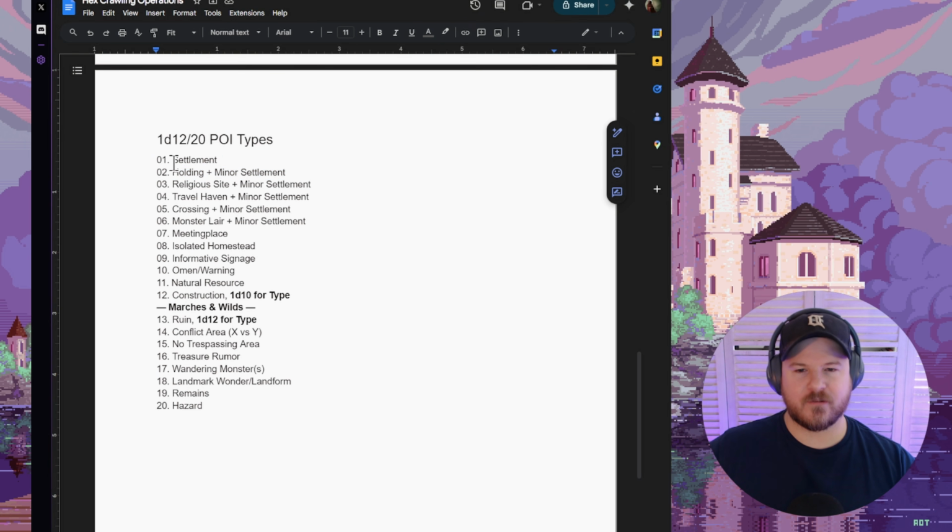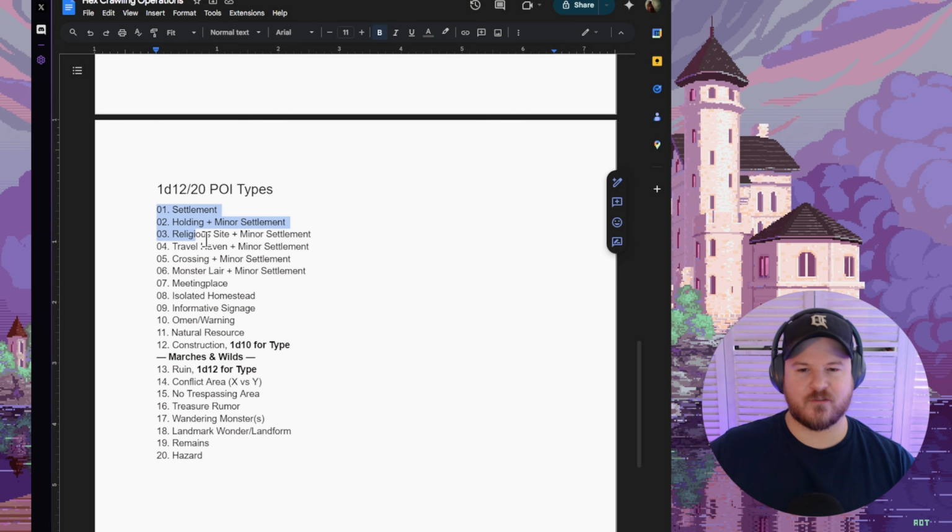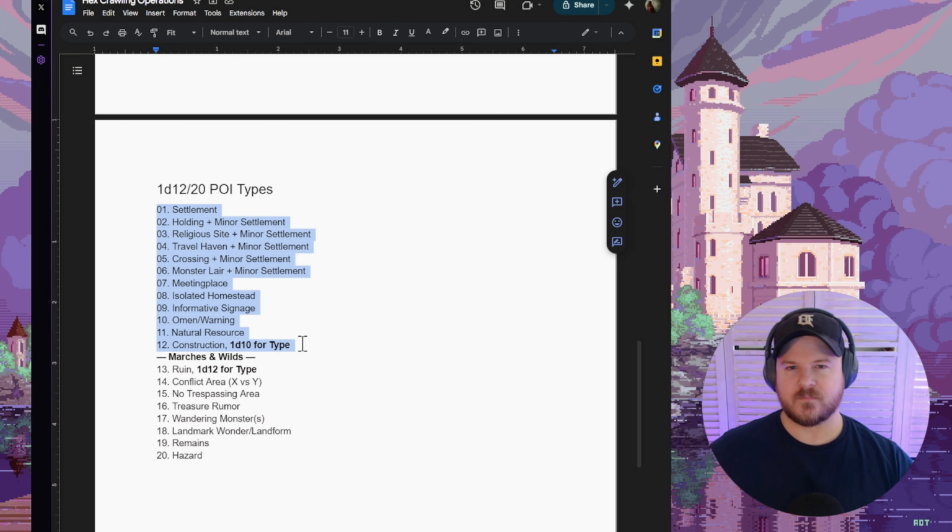So yeah, there are 20 points of interest. We see the break right here for Marches and Wilds, where we roll. So everything above that is that D12 I talked about. These primarily only happen in the Heartland's, very developed, civilized areas. You're going to run across more settlements, more holdings, more religious sites, more travel havens, more crossings, more monster lairs,